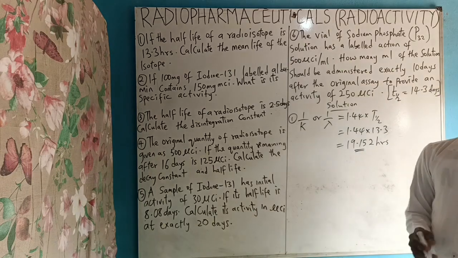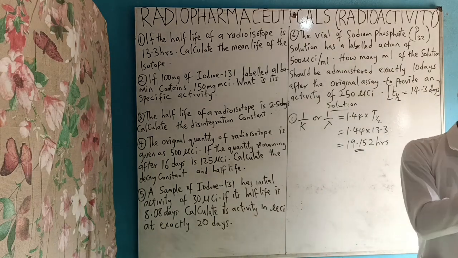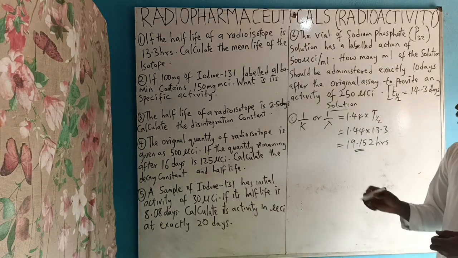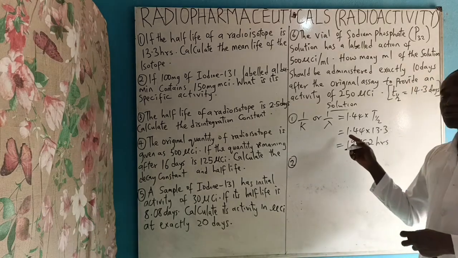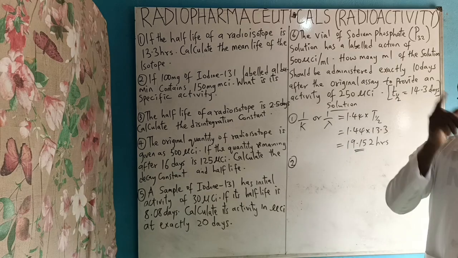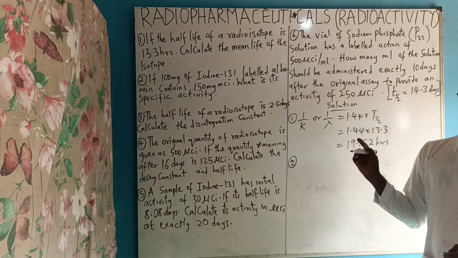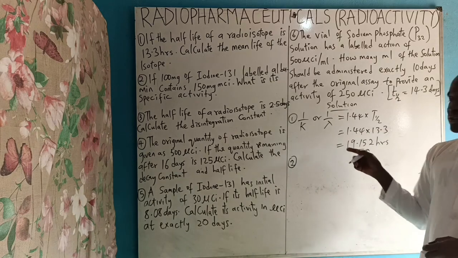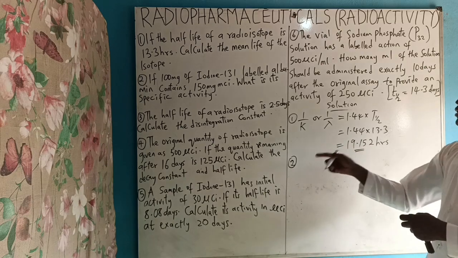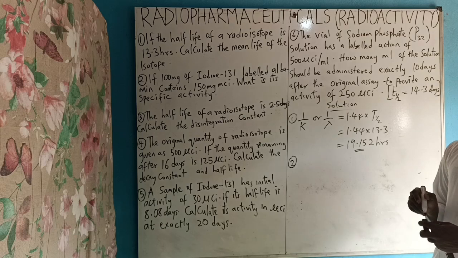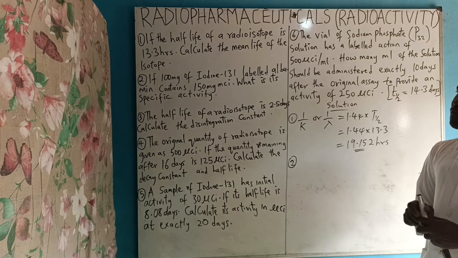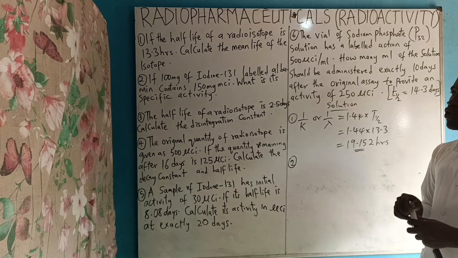So try to use your calculator to cross-check it and know if I am correct or not. Okay? Question number 2. As you use your calculator to check if I'm correct or not, use the comment box below and tell me yes, I am correct, or I am wrong at a particular point in this calculation. Then number 2: if 100 milligram of iodine 131 labeled albumin contains 150 millicurie, what is its